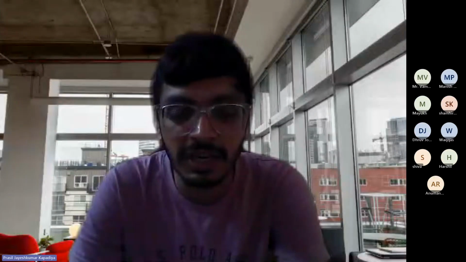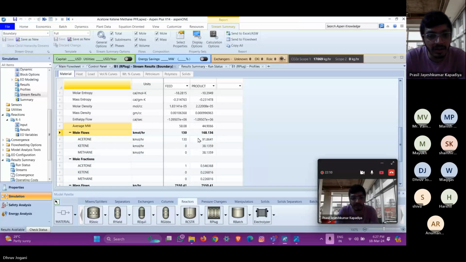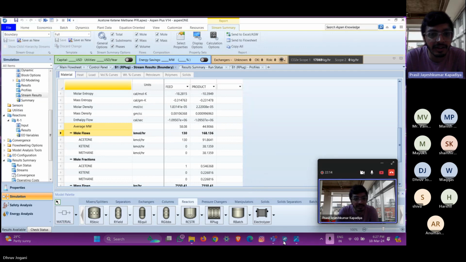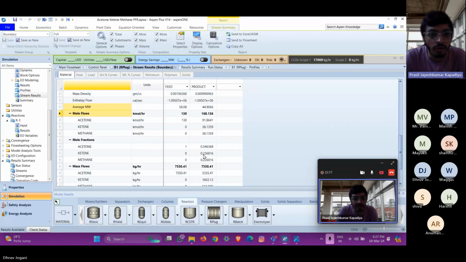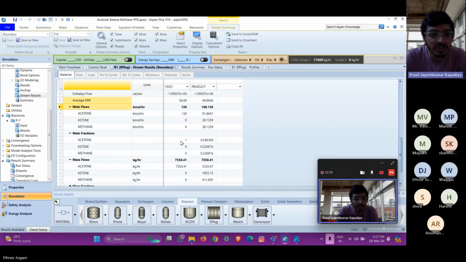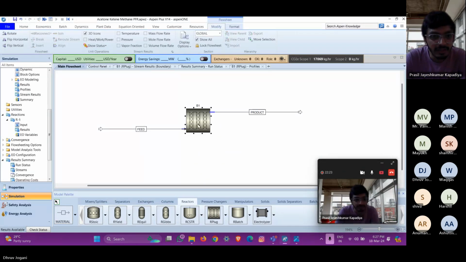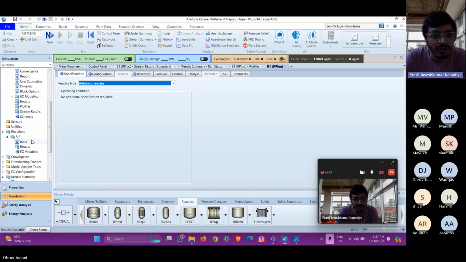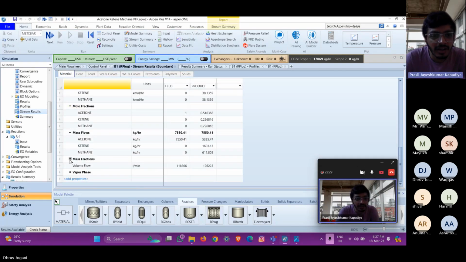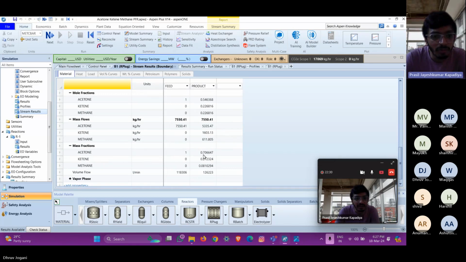I hope this problem is clear to everyone. Sir, is it visible? Yes, it is visible. These are not the right conditions. Okay, so I just go to reactor conditions first. You check mole fraction only, right? Okay, it is an adiabatic reactor. No, not mass fraction, mole fractions. Okay, those are not matching. Mole fractions are 0.22 and